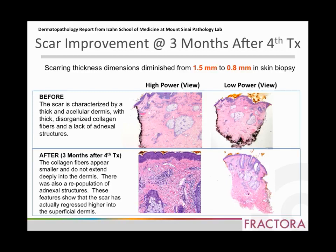And it's simply amazing that the depth of the scars in the biopsy before the treatment was 1.5 millimeters. And after 4 treatments with the 24 pin tip and 3 months after the last treatment, the post biopsy showed that the depth of the scars was only 0.8 millimeters. So it's almost 50% less than the original scar depth. I think this is highly significant and